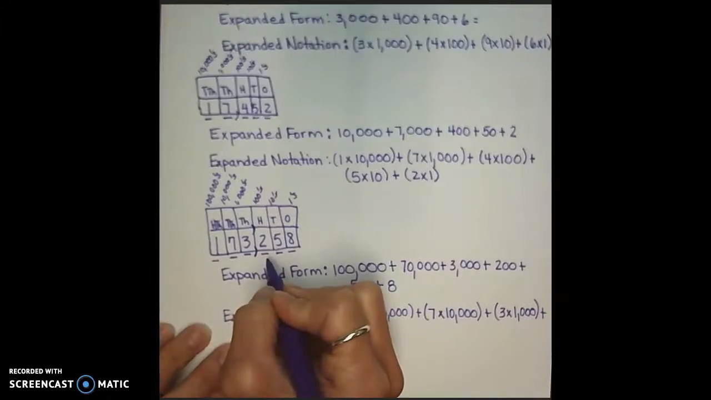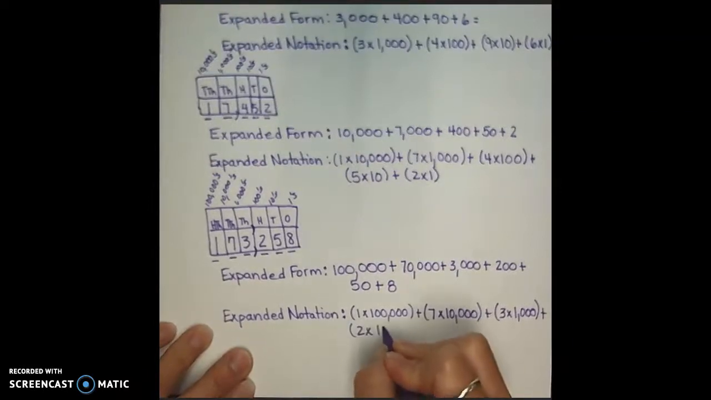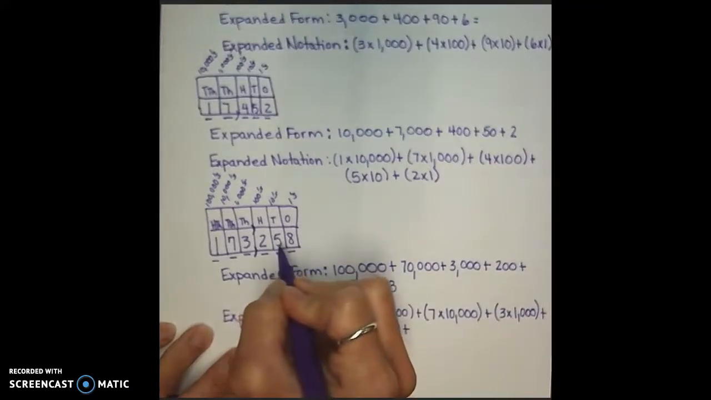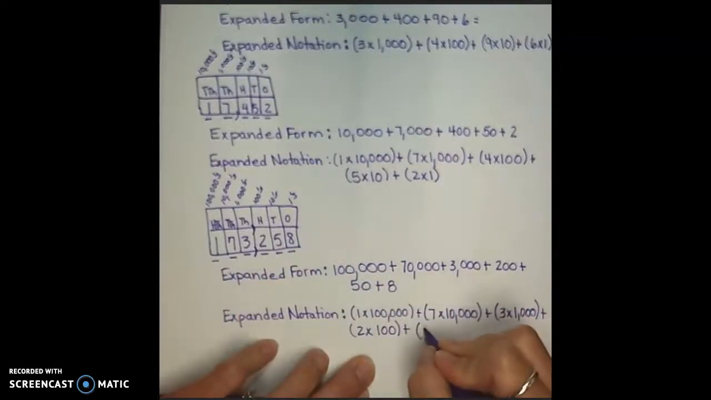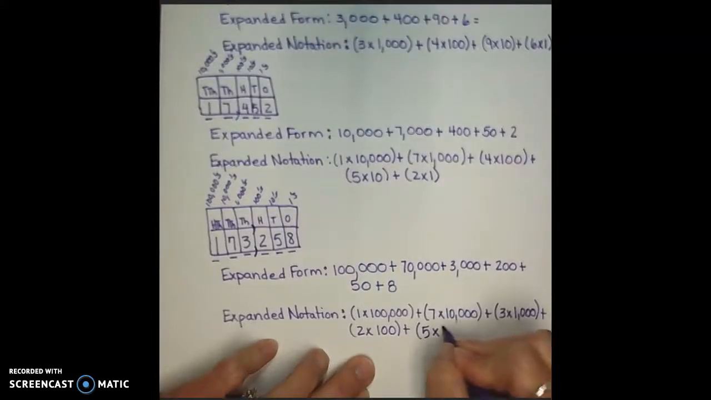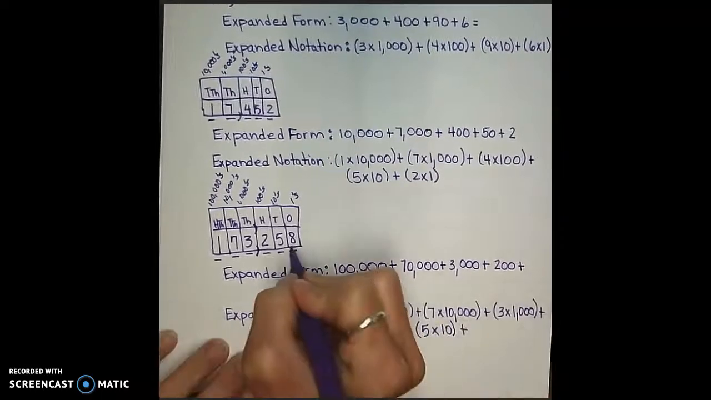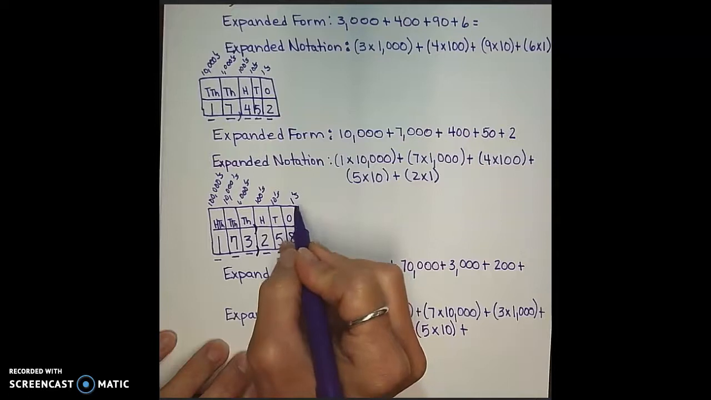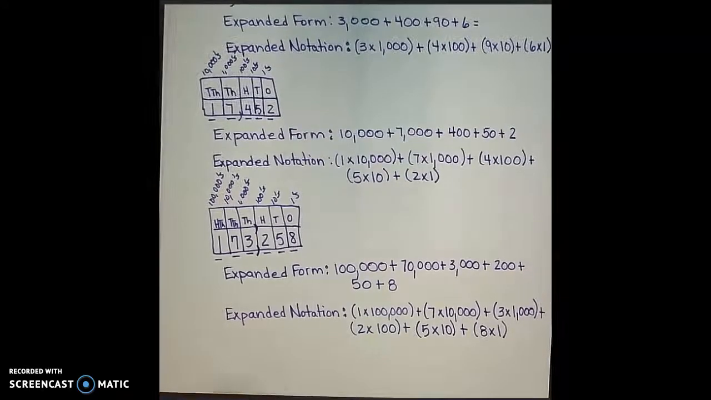Then I move to my hundreds place, and I have 2 groups of 100. Plus, then I move to my tens place, and I have 5 groups of 10. I put that in parentheses as well. Plus, I move to my ones place, and I have 8 groups of 1. So I have parentheses 8 groups of 1. So boys and girls, that's how you write a number to the 100,000s place in expanded